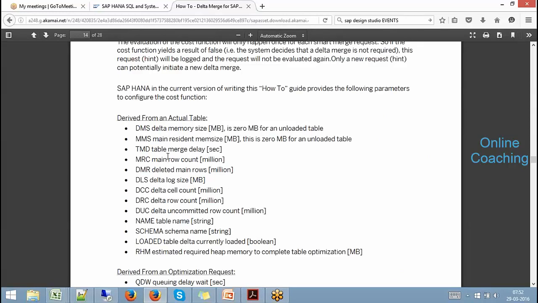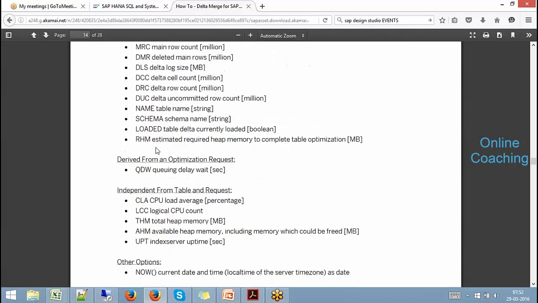See, in the decision function, there are a lot of abbreviations like DMS, DCC and so on. You can understand: DMS is Delta Memory Storage, MRS is Main Resident Storage. Table merge delay, you can get to see. This is not your concern, but